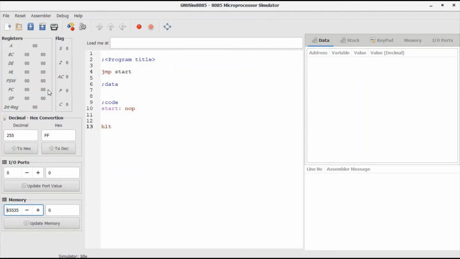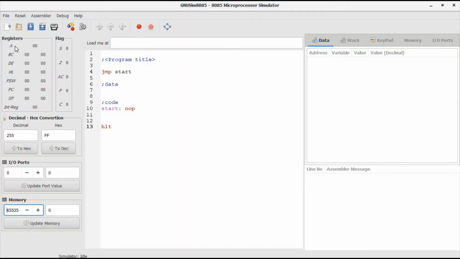This window will show the values in the various registers. In 8085 we know that there are 6 registers which operators can use: A, B, C, D, E and HL. A is the accumulator; B, C, D, E and HL can be used either in pair or single. For 8-bit they are used single, and in pairs for any 16-bit operation.